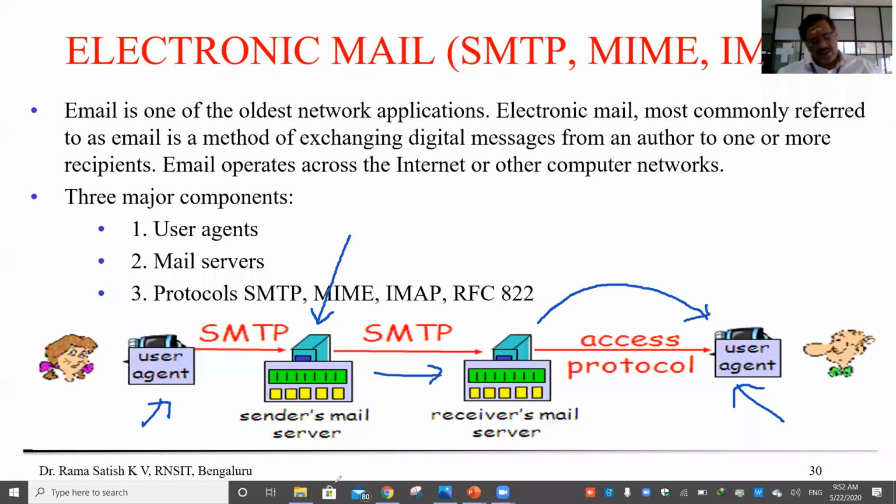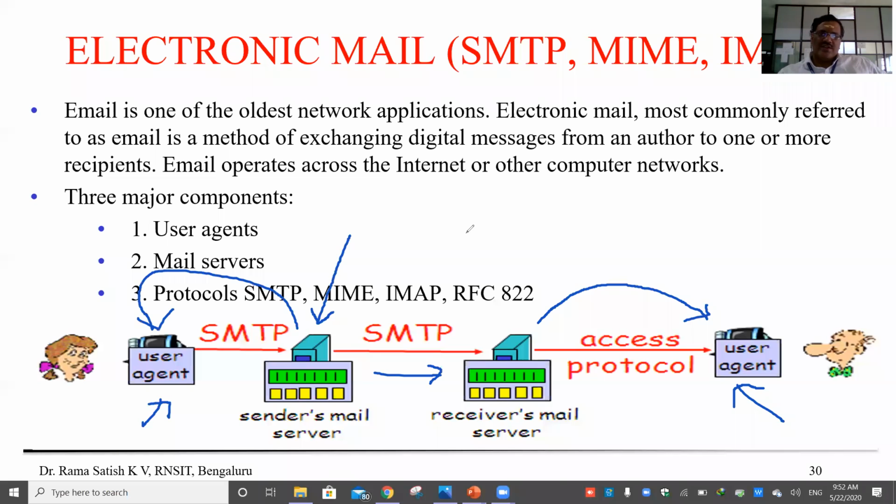Suppose I send a mail to an address which is not there in any of the mail servers. Obviously, my email server will send a mail stating it is a bounce. Bounce in the sense that whatever mail you have written is not addressed properly. So it will send a bouncing mail.